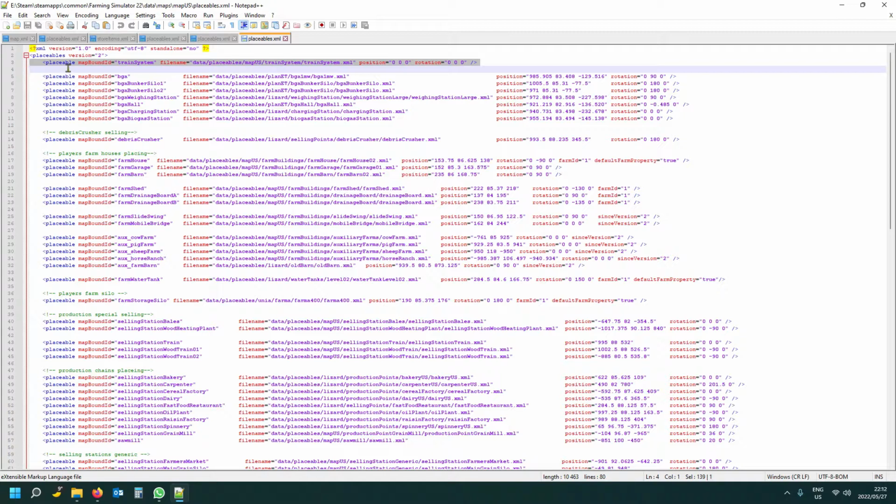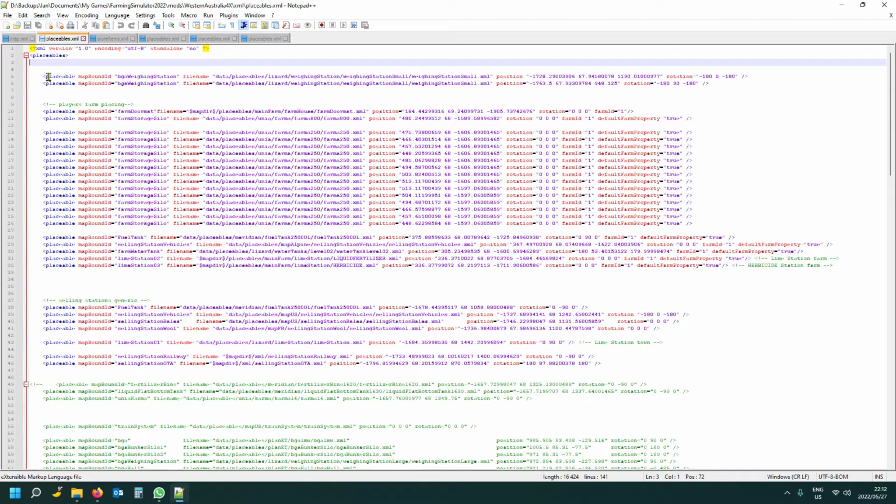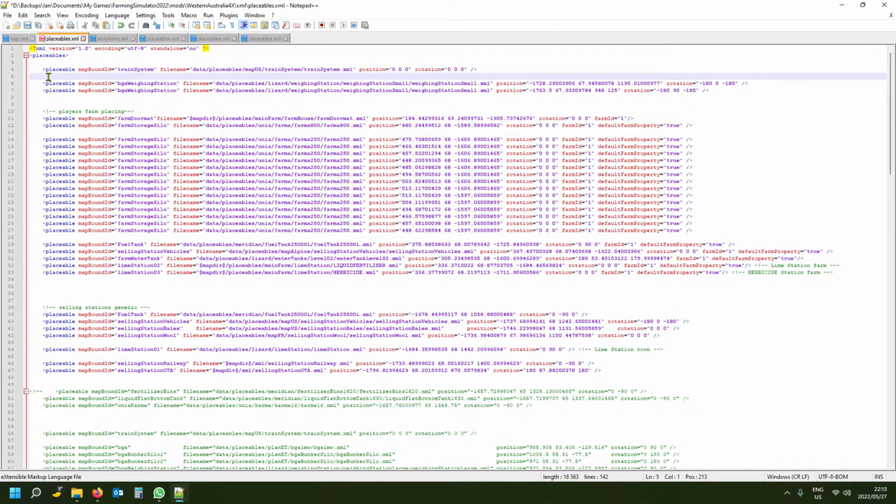And here you can see this line you need to copy and put into your placeables. So I'm going to copy that now and open my map's placeables. We are doing the Western Australia map at the moment, converting that from FS19 to 22, and I want to make that train. It never had a train running on the tracks, but this time around I want to put a train in for it, so it will be complete. So yes, obviously you just have to paste that line in there